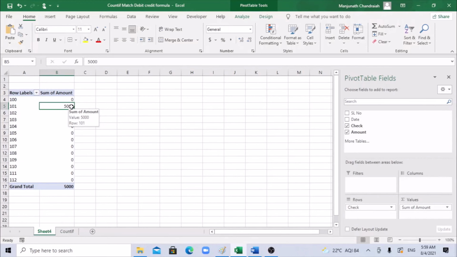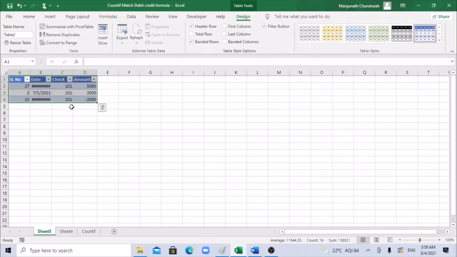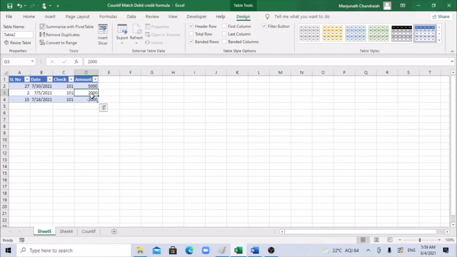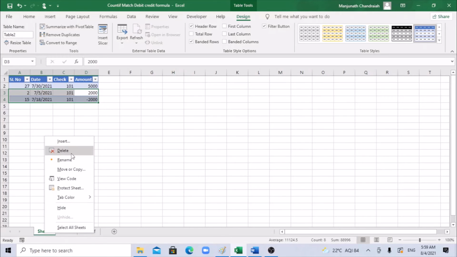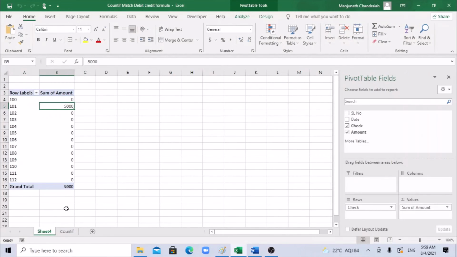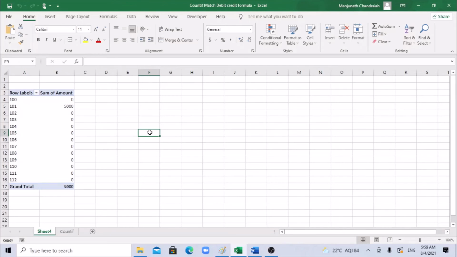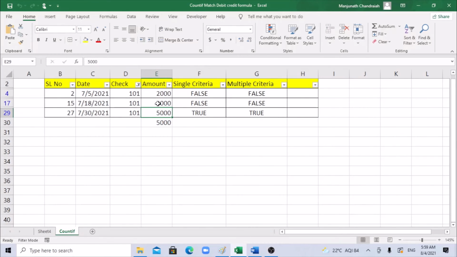So then you again have a problem of going into this line, double clicking and checking whether there are other line items that need to be knocked off. That is one challenge using a pivot table. I'm taking a small data set. You may have 50,000 line items where one check has maybe 30 lines, and 25 of those are getting knocked off to 0. But using this formula, if it is straight away debit and credit, it will knock off and give you only the items which are not matching.